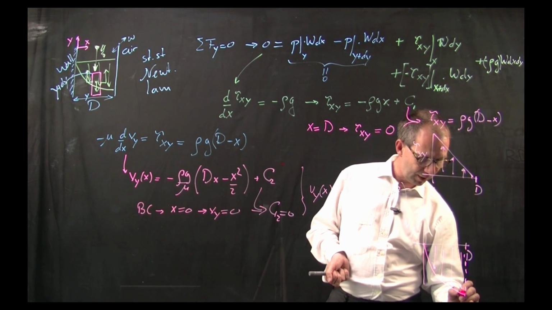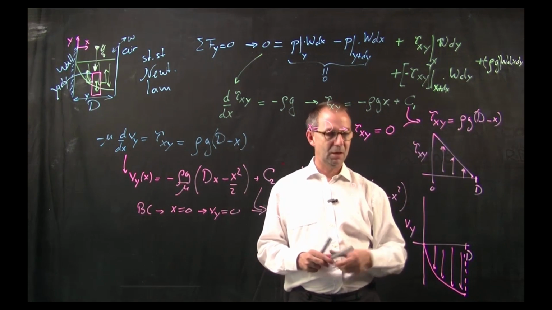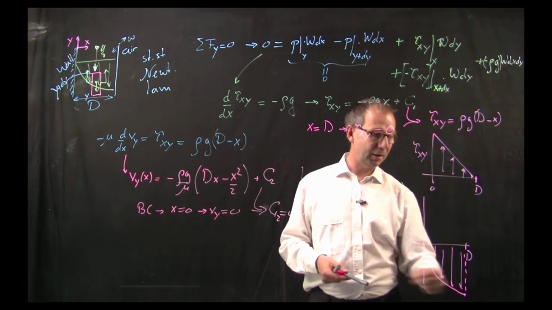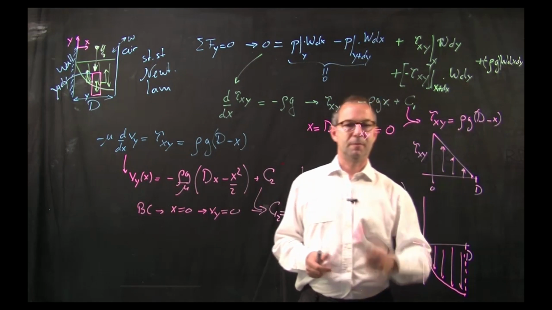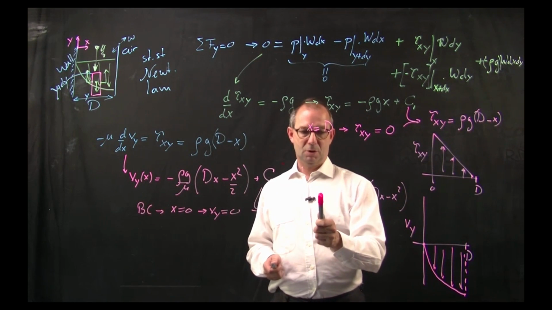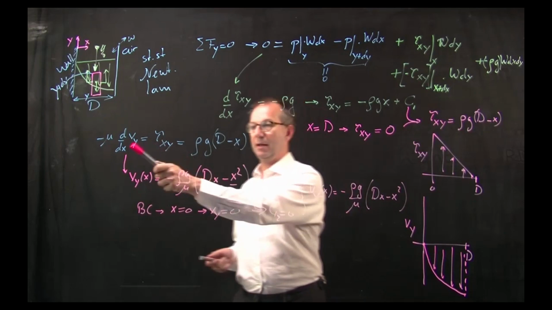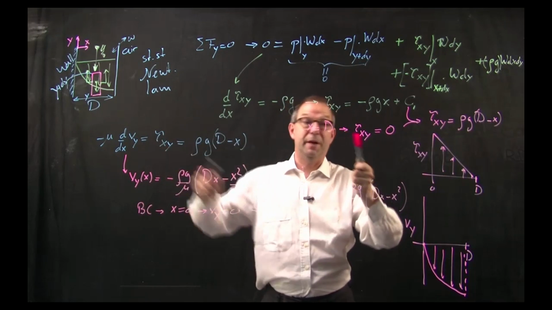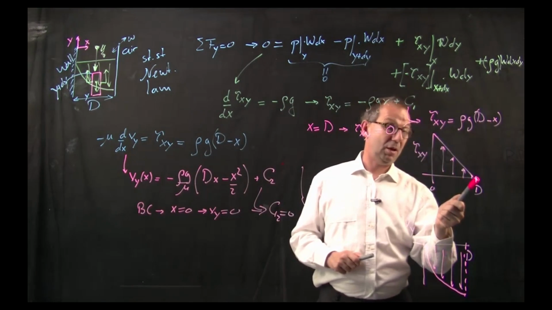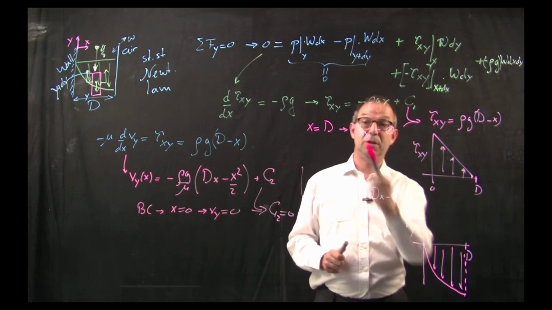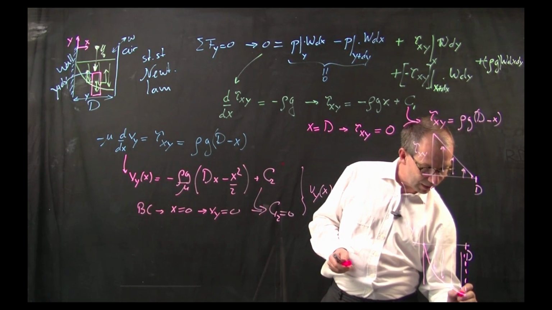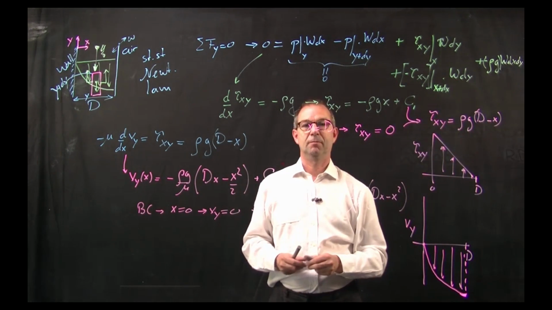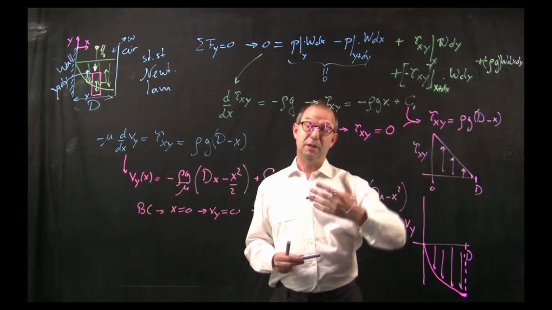How do I know that it has its maximum here? Well, I can just inspect it and find the extremum, minimum or maximum of this function, and you will find that it's sitting at x is d. But I already computed that. To find the minimum or the maximum of Vy, I take its derivative. Well, I got its derivative. If you ignore the minus mu and set that derivative, which is tau then, equal to 0, that's at x is d. So the derivative here is 0 because tau is there 0. This really ends with a horizontal curve. Now you got an example where gravity is moving everything downward.